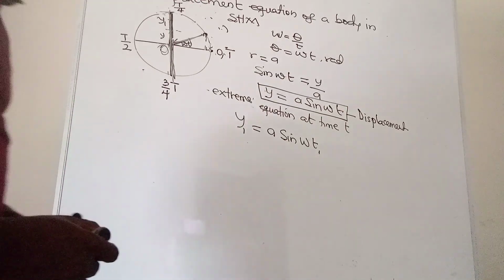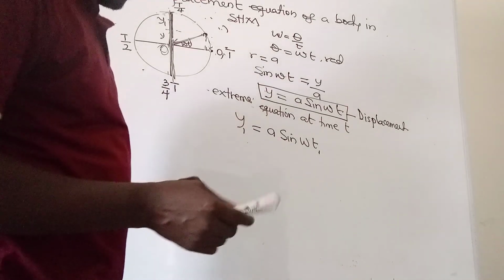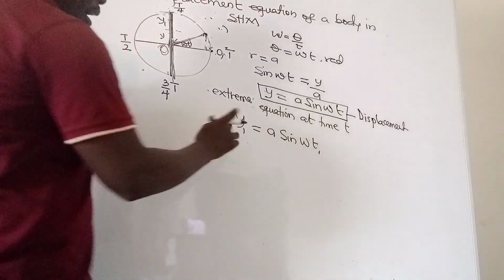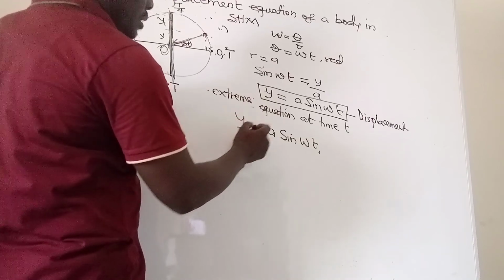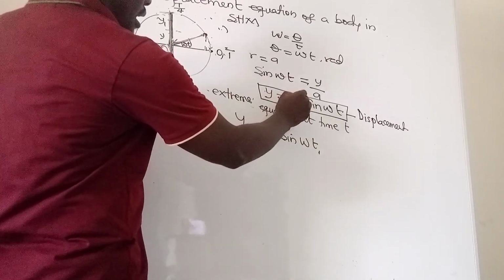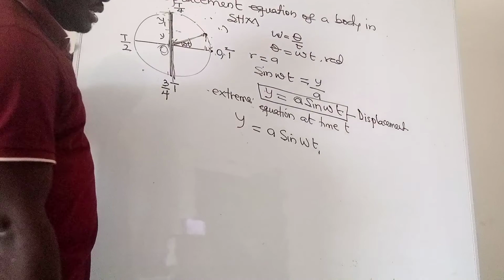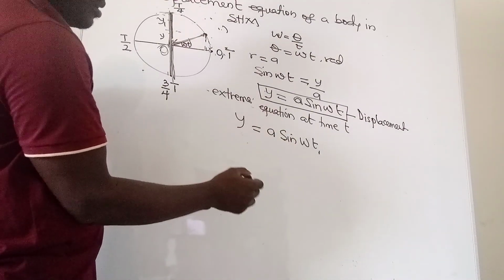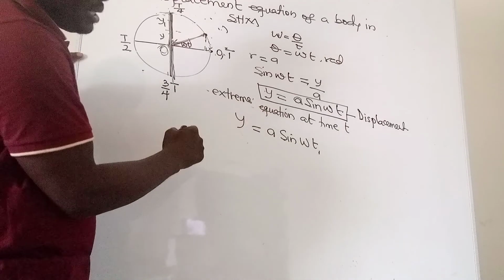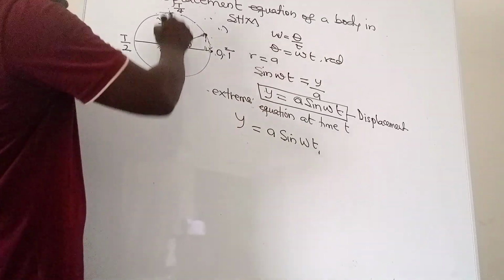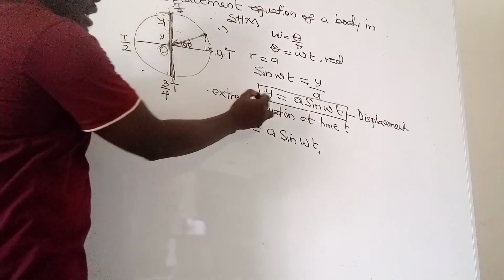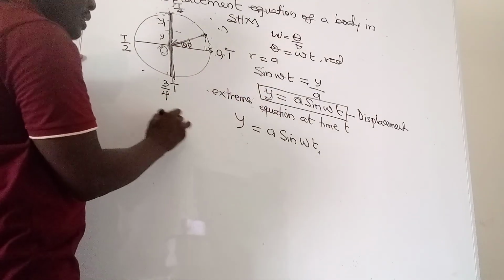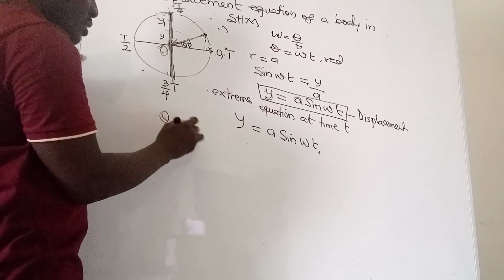Alright, so as I was saying earlier, y is equal to a sine omega t becomes the displacement equation at any time t. Okay, if we consider the displacement, and here it is y because we are considering vibration or oscillation